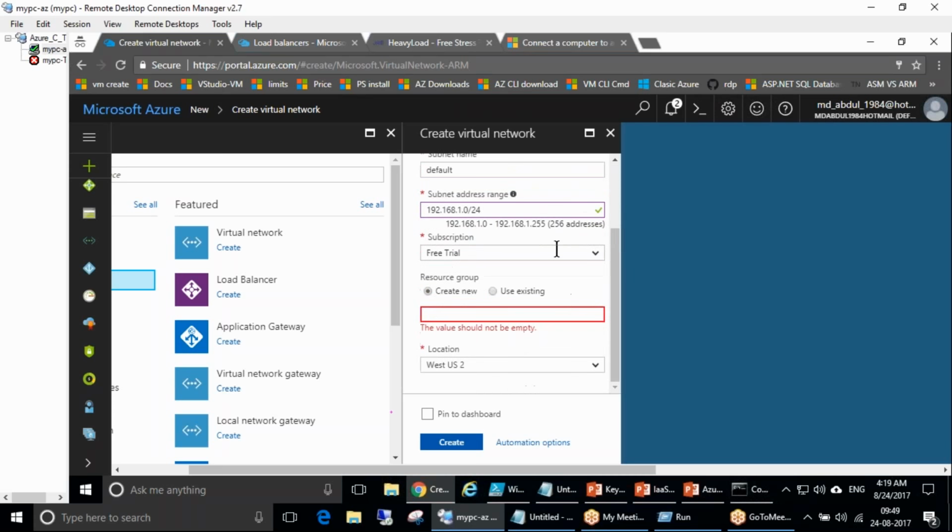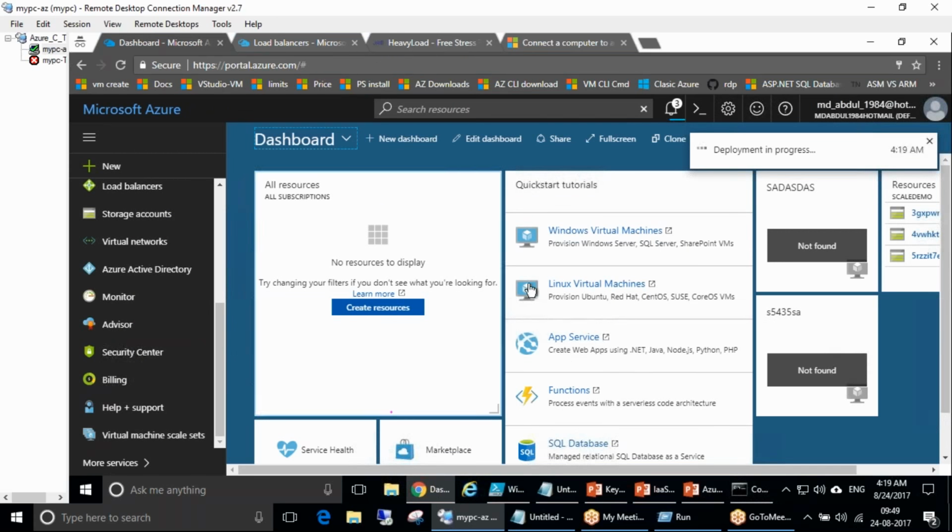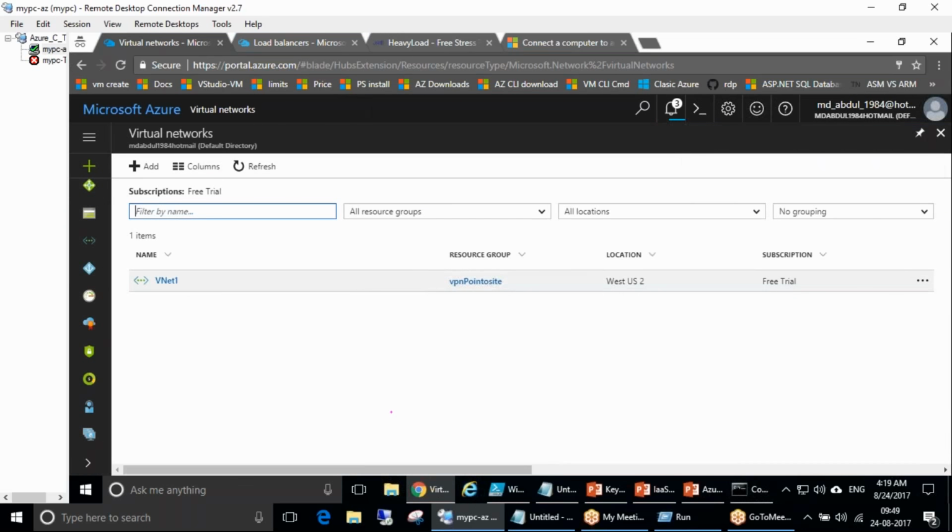Okay, and whatever the subscription you have, you can choose here and then create. This is actually creating a virtual network. So tomorrow, if you're spinning any VM, the situation is, what we are going to try is